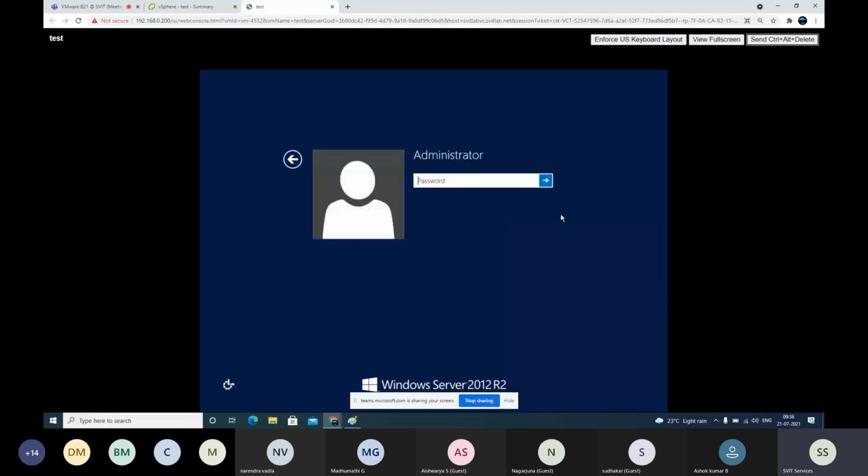And here you should not press Ctrl Alt Delete on your laptop. You have to press it here only. Now install.